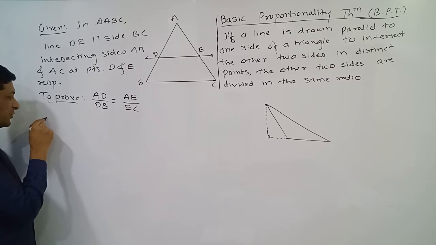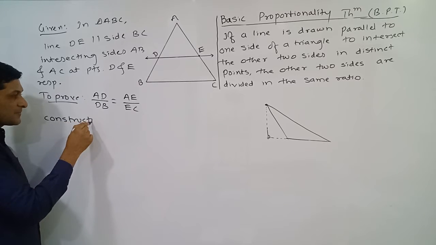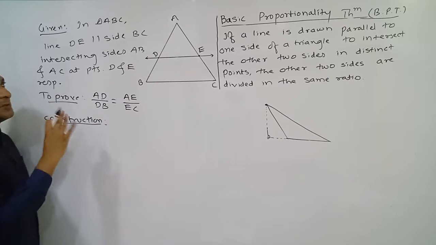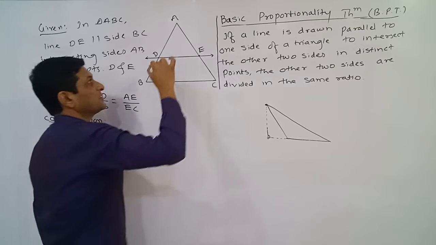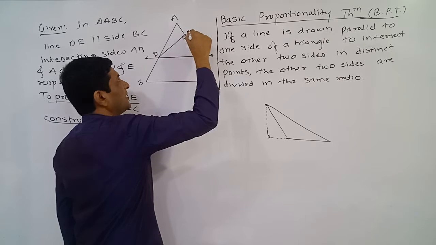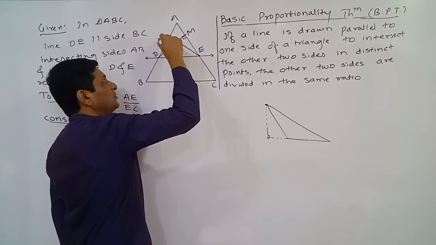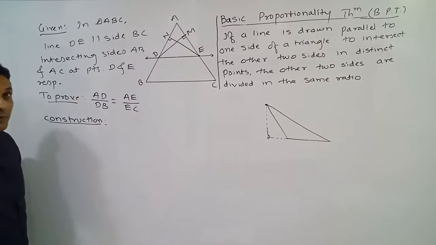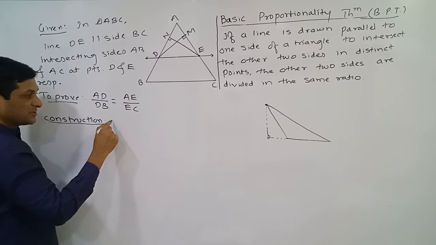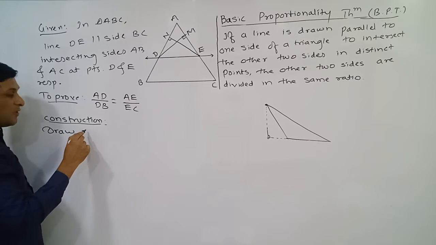But before going to prove, we have to do some construction also. So observe what our construction is. Here our construction is draw DM perpendicular to AE and EN perpendicular to AD. So whatever our construction is, just write down the construction here. So our construction is draw